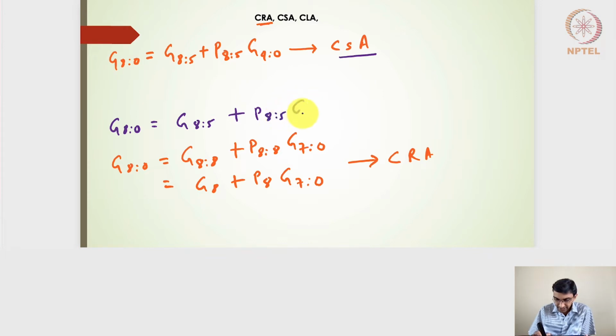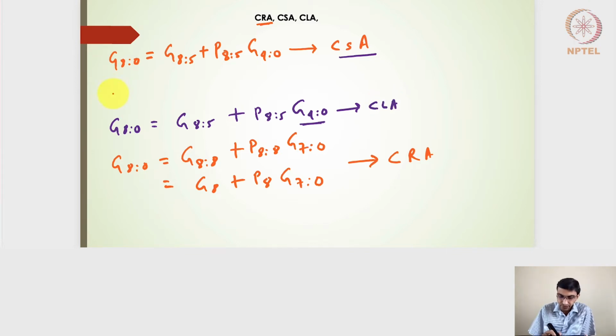P8 is to 5 and then G4 is to 0. So it also generates its own group generate signals and its own group propagate signals, and then it waits for the previous group's carry out signal. So this is very similar to the carry skip adder, but in the carry skip adder we had actually used